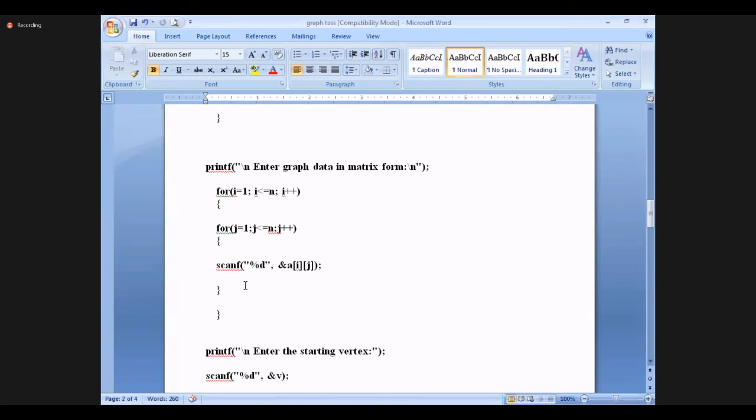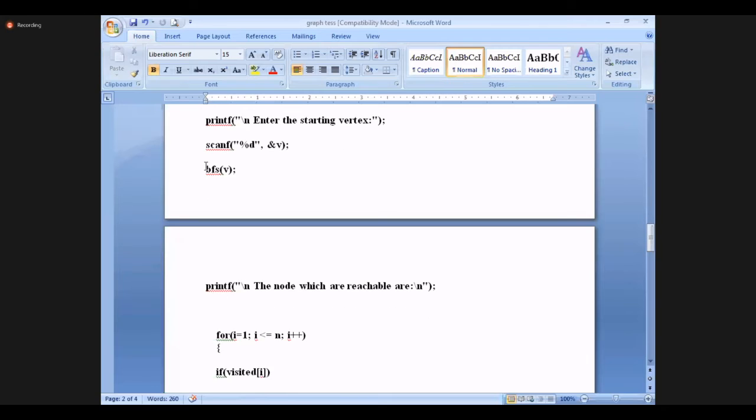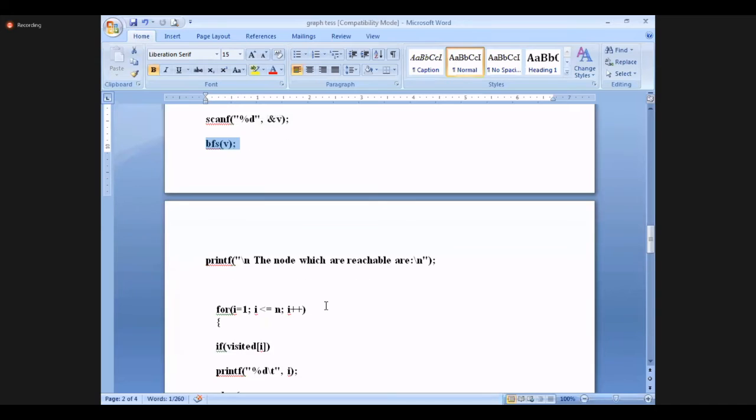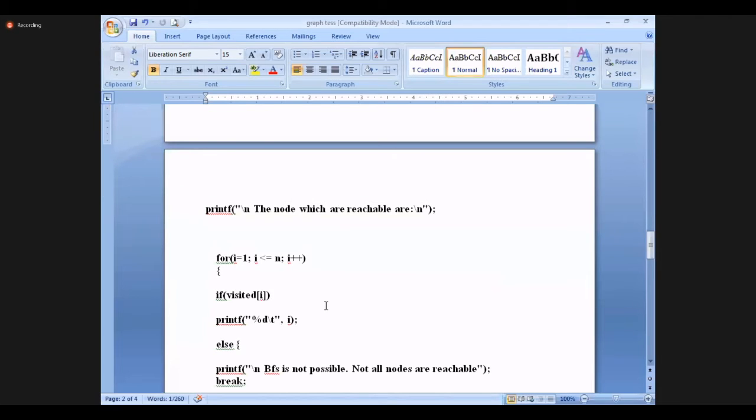Once it completes, the control comes again from there to here. Once this BFS completes the visiting of all the nodes and noting them in the Q array and visited array, the Q array is for noting nodes. For example, 4 nodes you are given, that means 0, 1, 2, 3. The first node name is 0, second node name is 1, third one is 2, fourth one is 3. Like that we will note in the queue, and visited nodes will be changed to 1 in the visited array. Then the nodes which are reachable from the particular starting node will give the information.